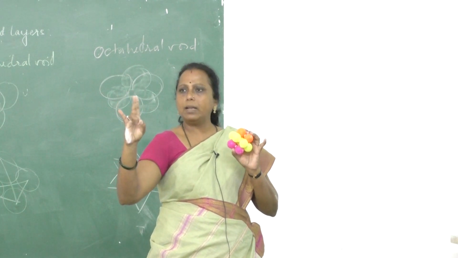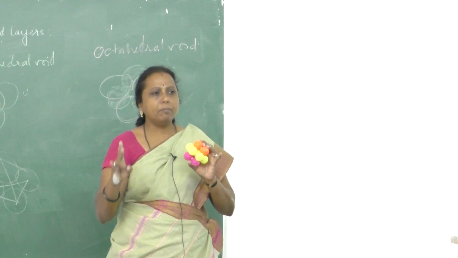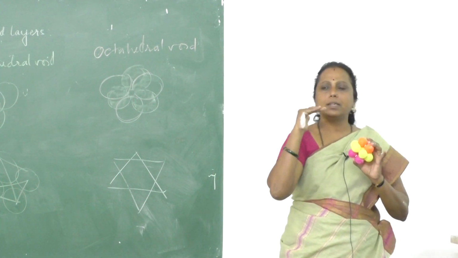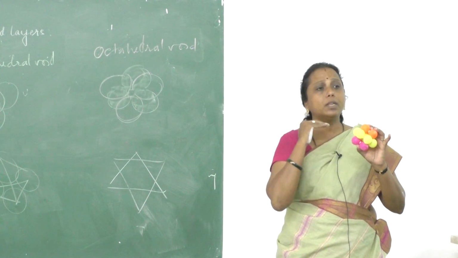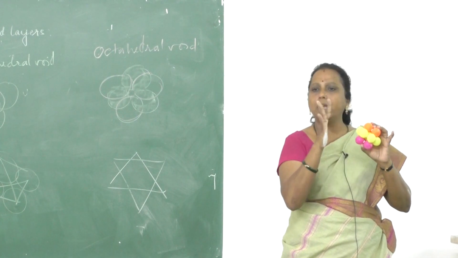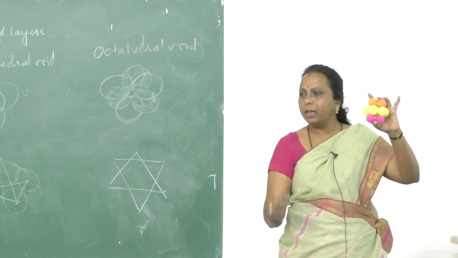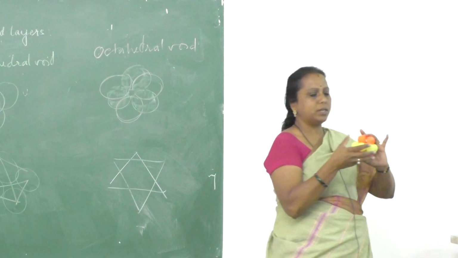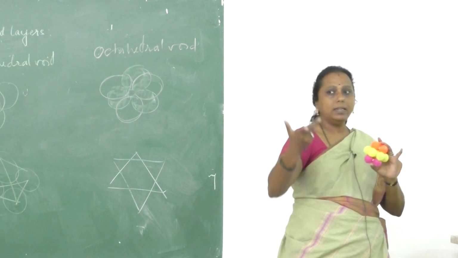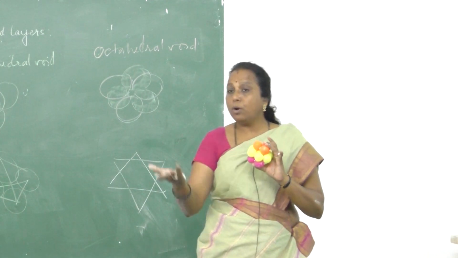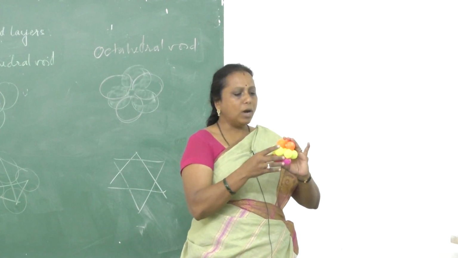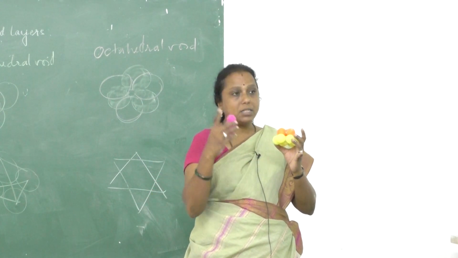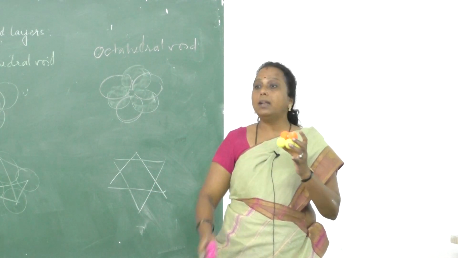So third layer development can be possible by placing the third layer in such a way that sphere of the third layer and sphere of the first layer are aligning on each other, aligning on the same line. Okay, horizontally as well as vertically. Now let us see second type of packing. One more third layer packing is done in such a way that the octahedral